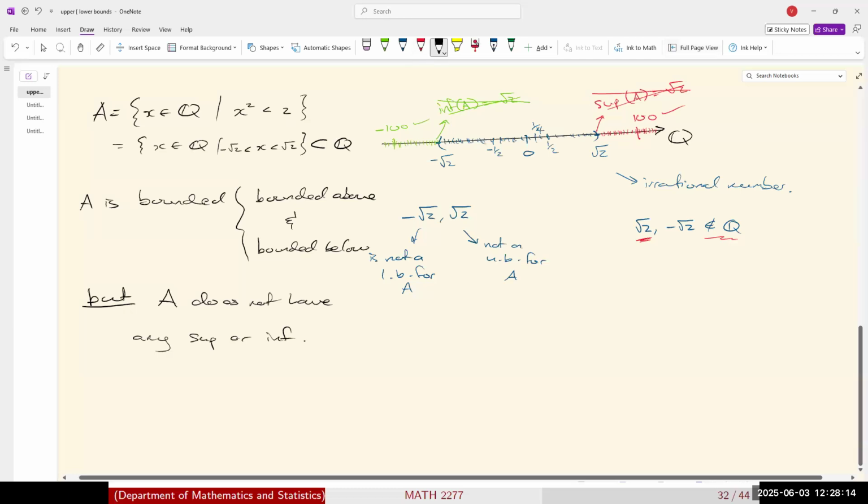Right? And what's the resolution of this? How could we solve this problem? How could I make it so that I do get a supremum and an infimum for this particular set A? Well, it's very easy. Instead of looking at the ordered field, the rational numbers, we know that the rational numbers live inside of the real numbers. So why don't I, instead of looking at this over the rational numbers, look at the same set over the real numbers? Then I could choose root 2 and I could choose minus root 2 because the real numbers know about